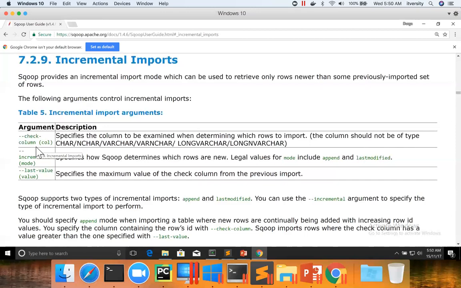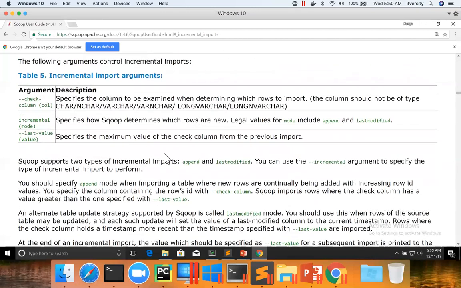And you can read: Sqoop provides an incremental import mode which can be used to retrieve only rows newer than some previously imported set of rows. It supports two modes. One is append and the second one is last modified. Append is used for numeric fields where the value is auto-generated using a sequence or something, which is nothing but a primary key. So if your source tables are insert only, and your primary key is always incremented, you can use append,